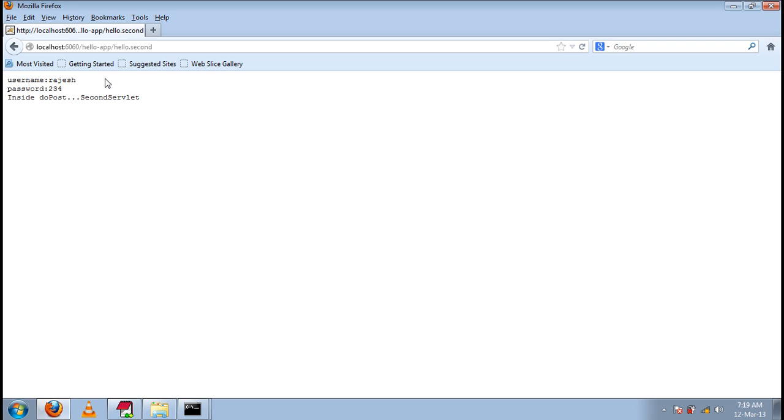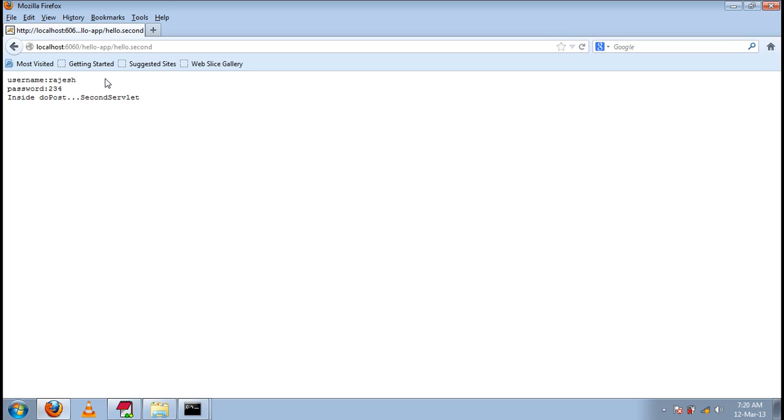Now let's consider a scenario where I have opened a browser. Okay, and from login.html to login servlet, I have sent a request. Inside login servlet, I am creating cookies, and those cookies will be available for all the subsequent requests to the web application. That doesn't need to be for the same request, or from login.html to login servlet. For any subsequent request to that web application, that cookie information will be available.